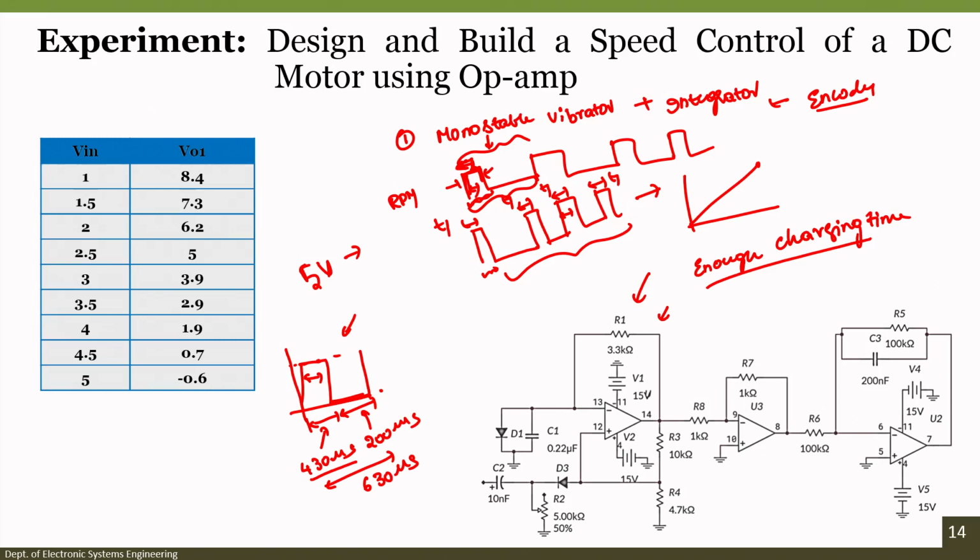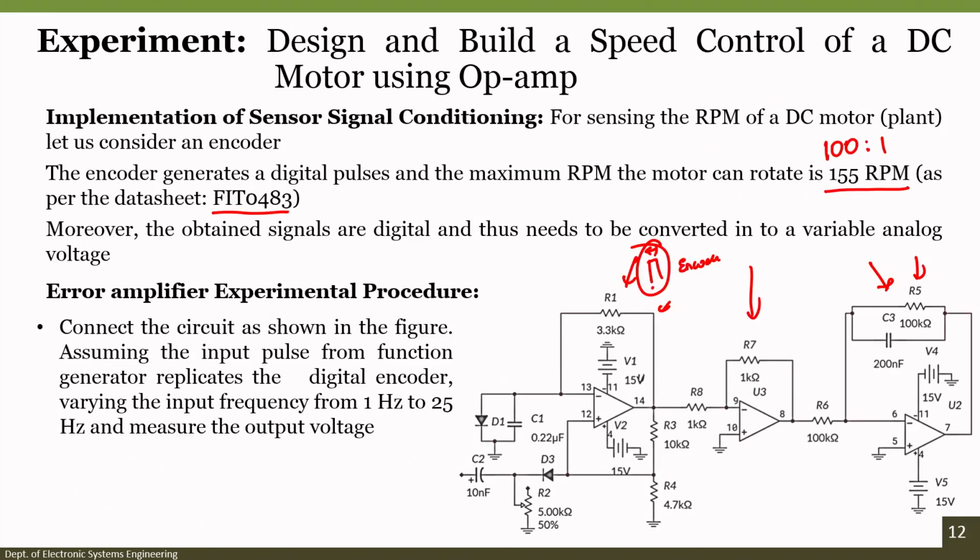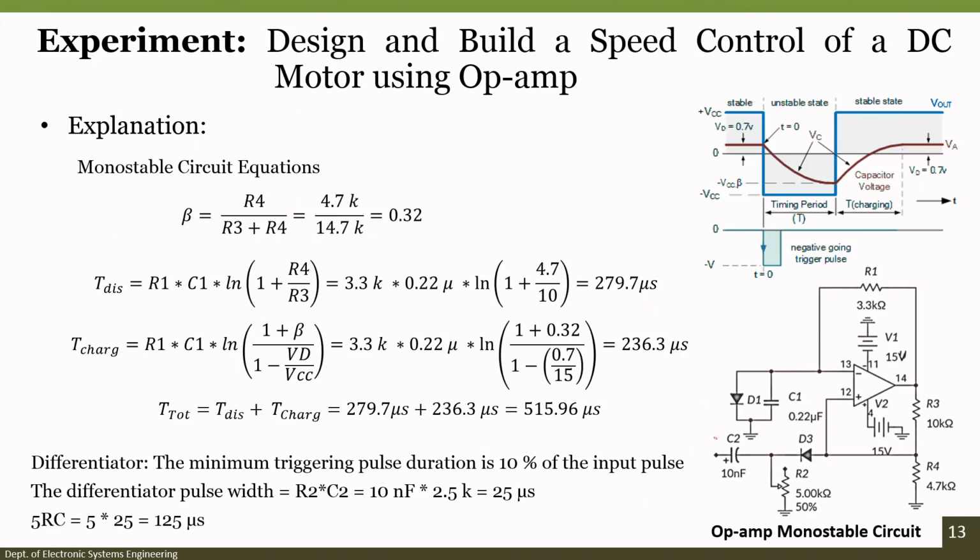Before understanding that, just recall the working of a monostable multivibrator. This particular block is completely a differentiator. So, C and R correspond to the differentiator, along with this diode. When we give a clock pulse signal at the input of this portion, we get spikes. Wherever you have a positive edge you will get a positive spike, and wherever you have a negative edge you will get a negative spike, like this.